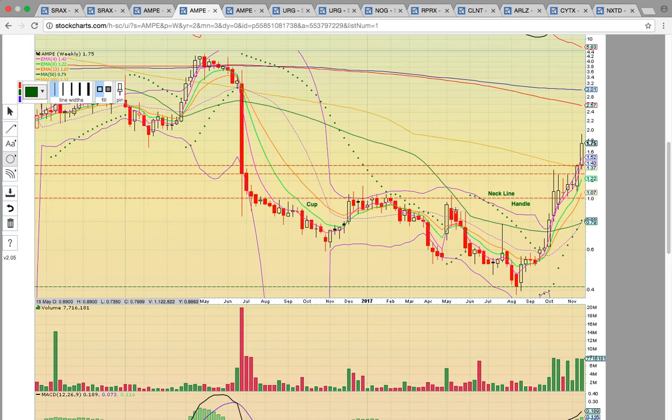This was like a reverse cup and handle, where you had the smaller handle here and then the cup. And then this was the neckline, and it broke above here in October, and that signaled it wanted to head higher. And so we had put out another chart saying that we are looking for a close above this